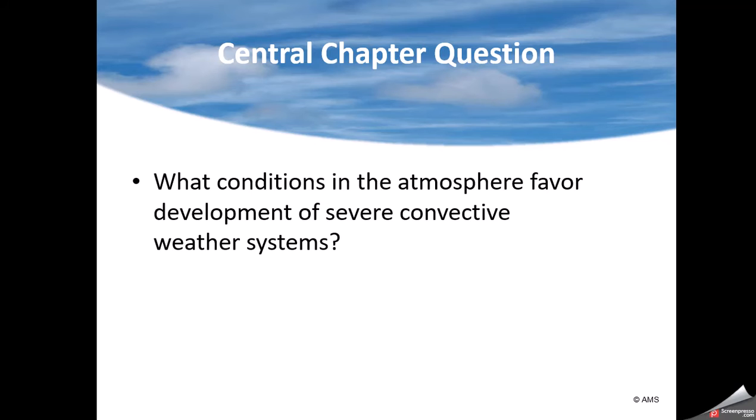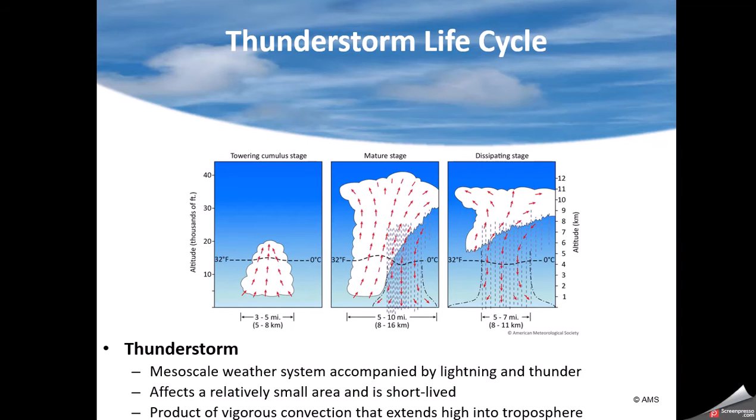We're going to talk about the conditions that allow thunderstorms to form and why they may become severe. But first, let's look at what is a thunderstorm. We've talked about stability and vertical motion. So if you have a parcel of air, in this case, the size of a cumulus cloud, it's rising upward. That parcel of air is warmer than its surroundings. It's unstable, so it continues to rise. Remember stability: the more unstable, the more acceleration there is to the air parcel, so it goes faster and faster upwards.